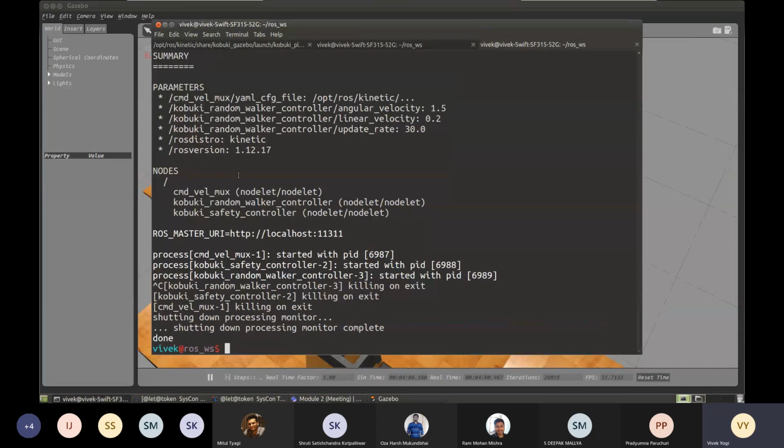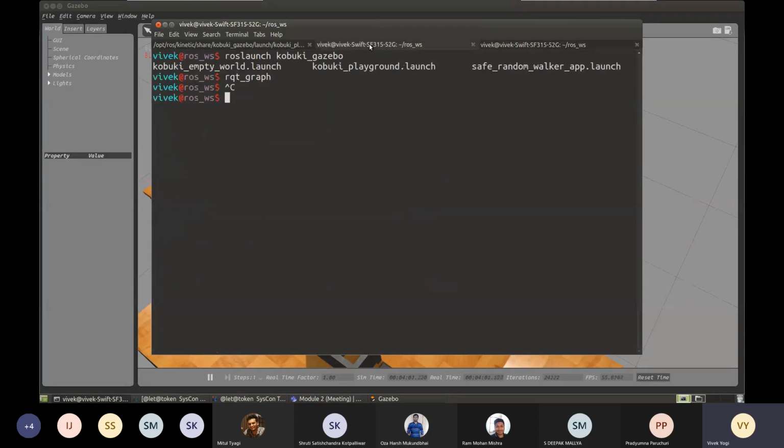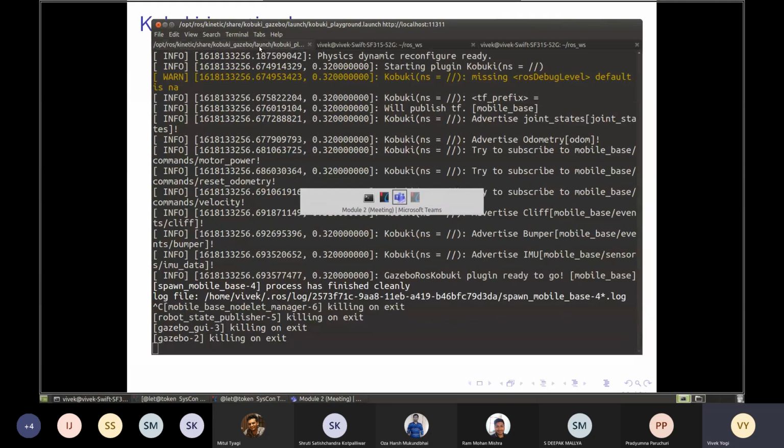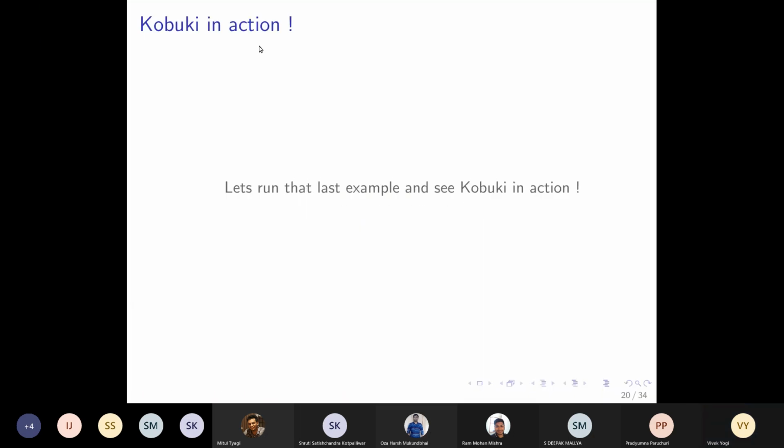Yeah, just give me a moment. Yes, Deepak, so there's a query. Yeah, tell me. Ramon Mishra, I think you can unmute and go ahead with the question yourself. Yes. Ram?